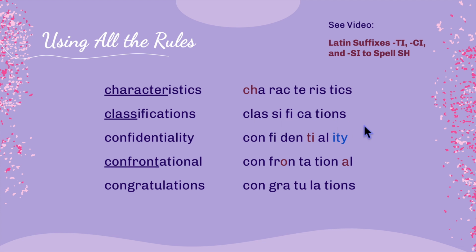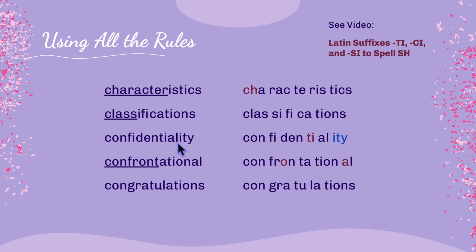Classifications. Well, I don't recognize that, so let's start by switching this long I to a short I. Classifications. That sounds closer to something, so let's switch this long I to a short I. Classifications. Oh, I recognize that. Here's another long word. Let's start by noting the suffix ity right here. Ity is technically two syllables, but it's one suffix, so I kept it together and marked it in a different